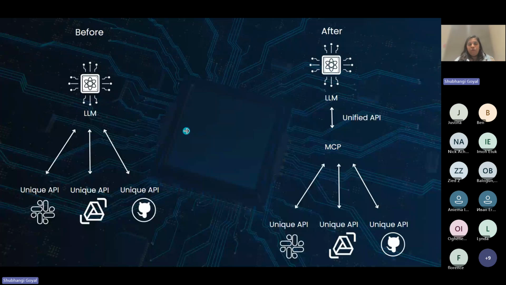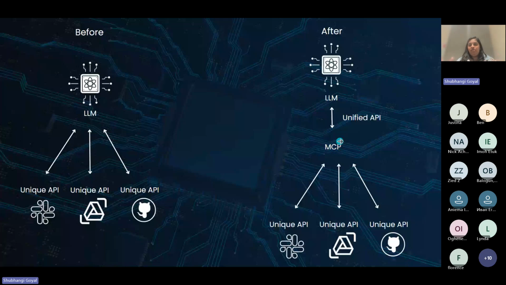But now when MCP comes into place, what you just need to do is connect all these 3 unique APIs to your central MCP system. And then this MCP system creates a unified API, which goes to a large language model. So you can see the difference from here to here. Ultimately, the time that you would use to build these custom integrations for these APIs gets saved, and you can just connect to MCP, which acts as your point of control, where it can connect to whatever large language model you choose. So you can extend to any kind of sources here.